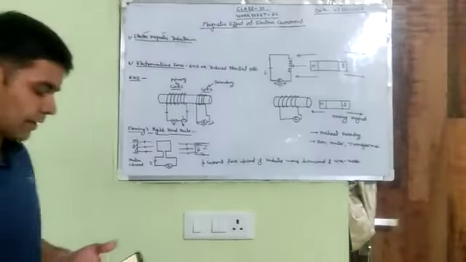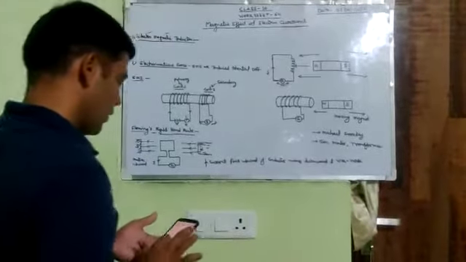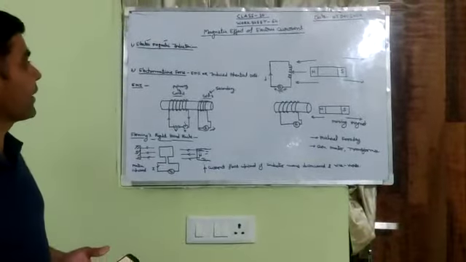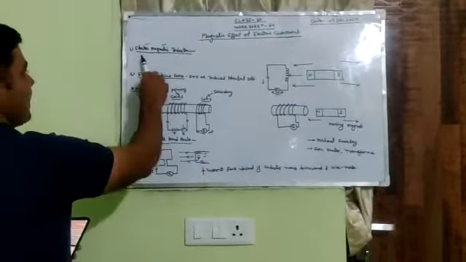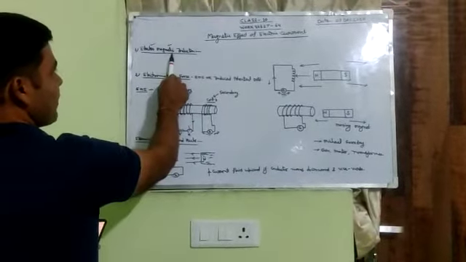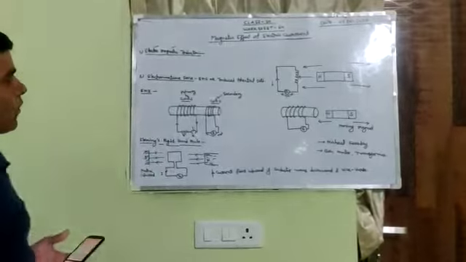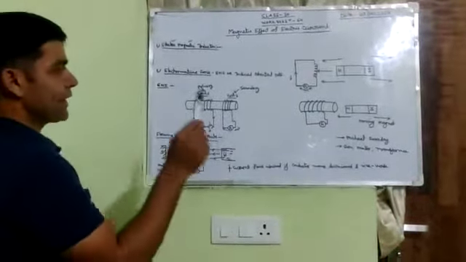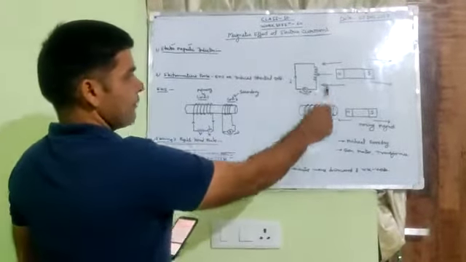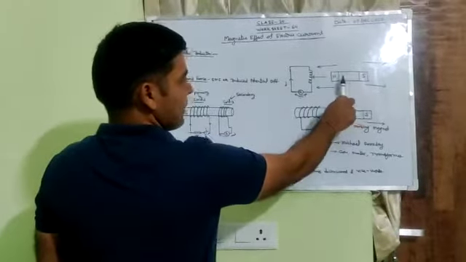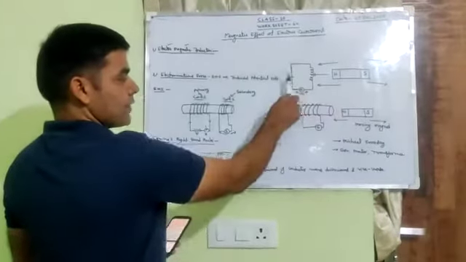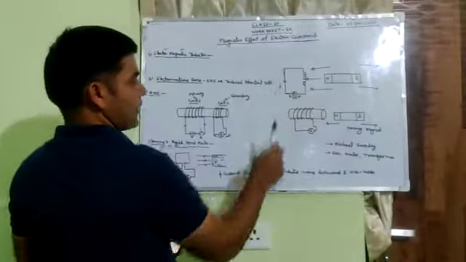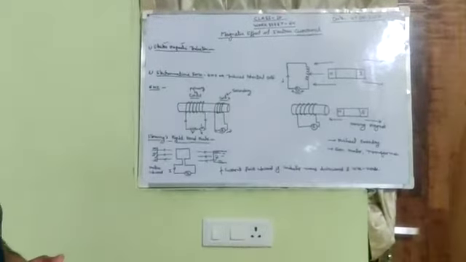Now some questions are there in the worksheet. What is electromagnetic induction? We have studied electromagnetic induction. It is the process related to the magnetic field and electro. Electro means flow of electrons, meaning induced current. Electromagnetic induction is the process in which a change in the magnetic field associated with a conductor produces an induced current. This is electromagnetic induction.